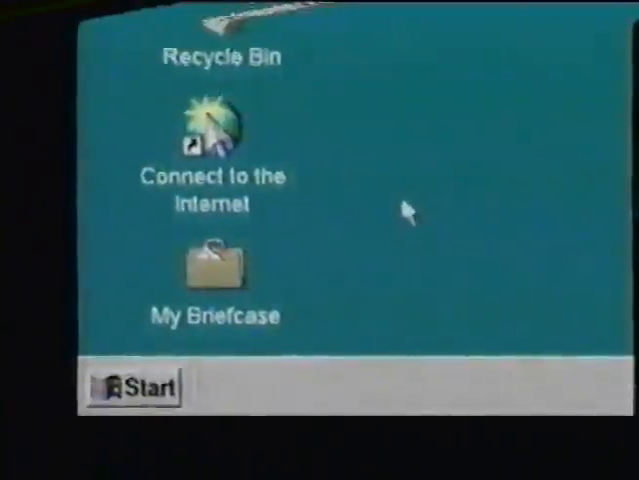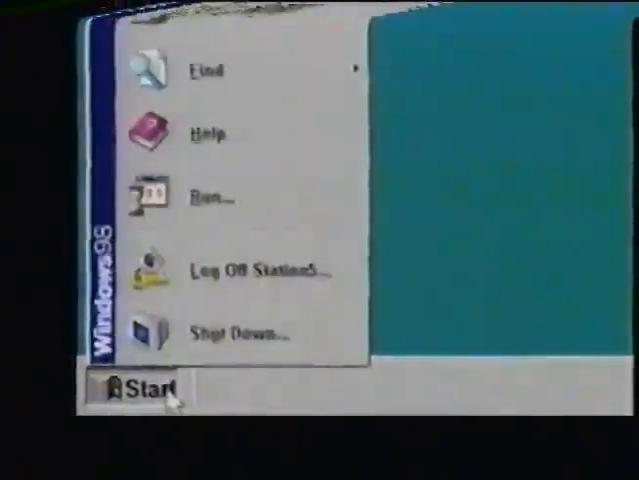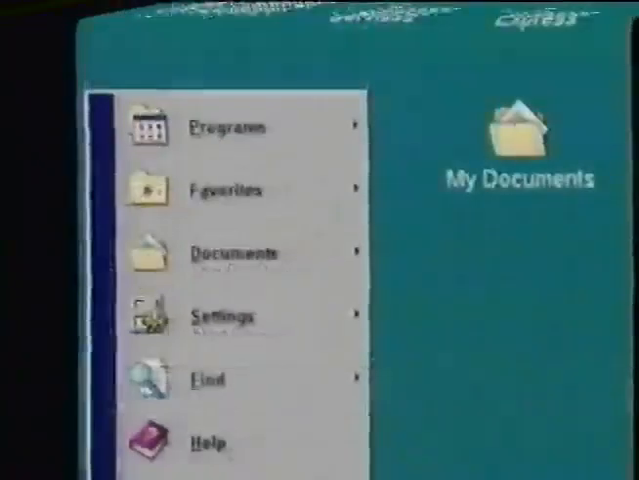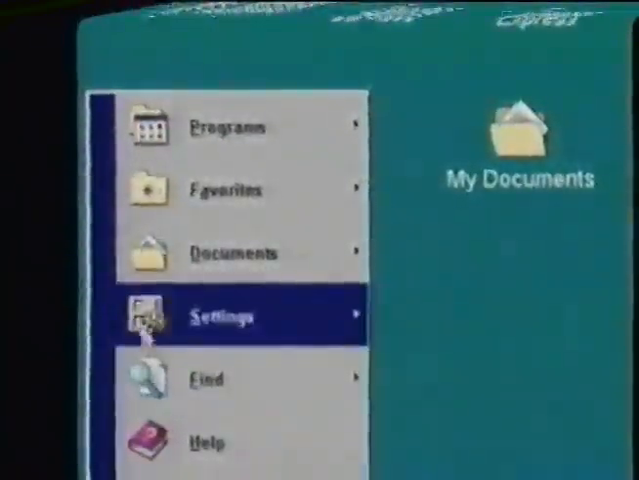Let's begin by taking a look at some simple software that can make your computer use and your life much easier. They're called accessories. I'll begin by moving the mouse pointer to the Start button at the lower left of the screen, then click. The familiar menu will appear. I'll click on Programs,